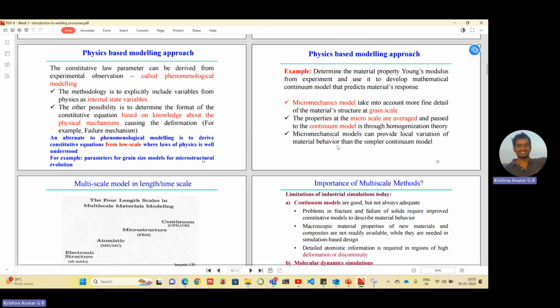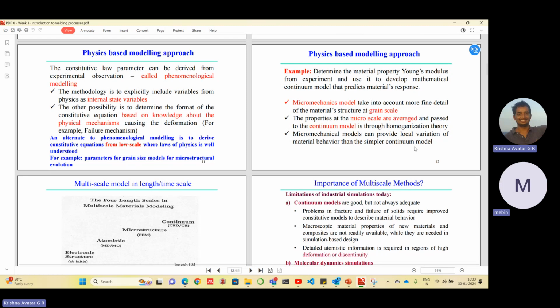So the mechanical model has this feature that it can provide local variation of